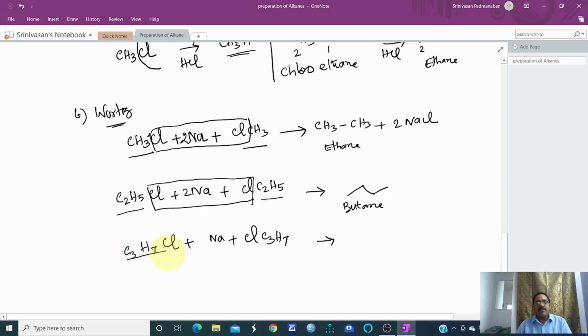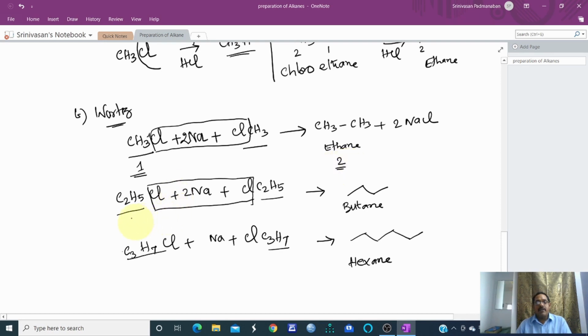Here you have a 3 carbon series, here also 3. 3 plus 3, if you add it, will be having a 6 carbon series. 1, 2, 3, 4, 5, 6 carbon series. Okay, what is the name for the 6 carbon series? So it is hexane. So are you following? See, suppose if we have taken the lower homologue, the first homologue, 1, the resultant is 2, I mean a dimer. Here this is added to another methyl, it forms a dimer called ethane.